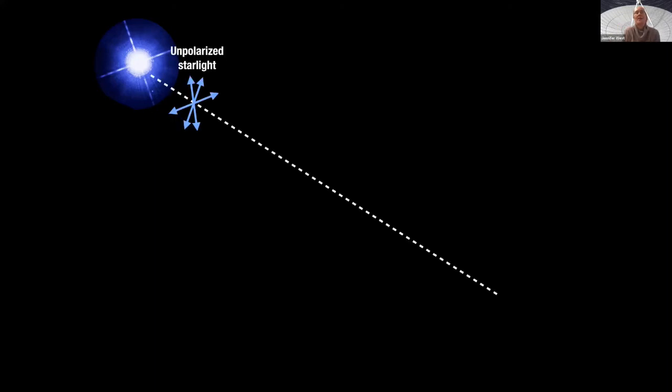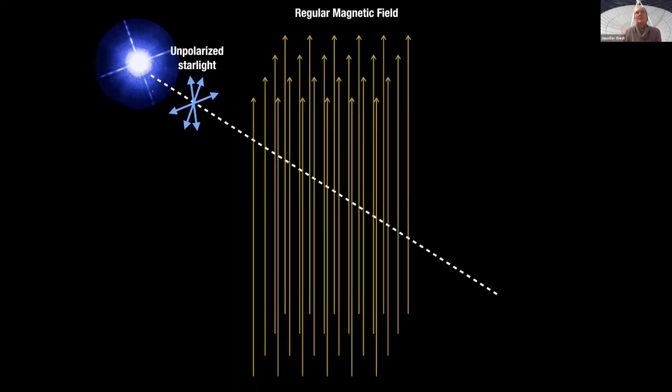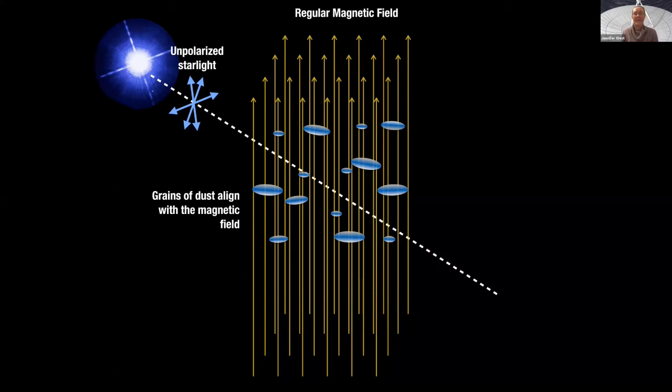Well, if you can imagine a star, there are actually two ways. One of the ways is if we have a star in space and that star is emitting light that is not polarized at all. But that starlight passes through an area of space that has a magnetic field. In that area of space, we also have dust. And dust tends to align itself with the magnetic field, kind of like our iron filings lined themselves with our